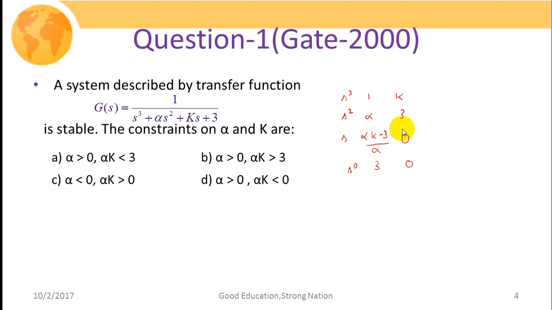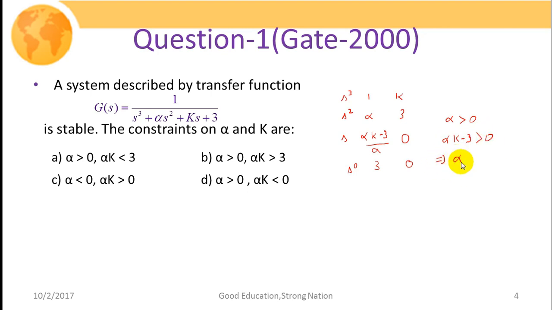We have been given the information that this system is a stable one, and for the stability of this system, the complete first column of the Routh table should not go through any sign change. For that, all these elements should be positive, as 1 and 3 are positive quantities. So this gives us the condition that alpha should be greater than 0 and the value of alpha k minus 3 should also be